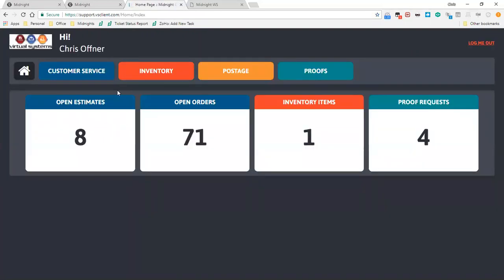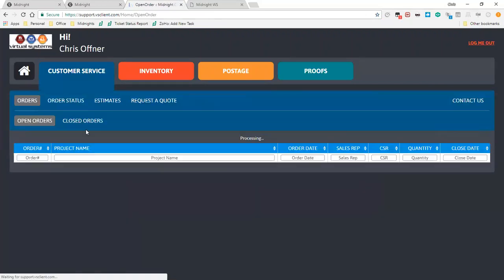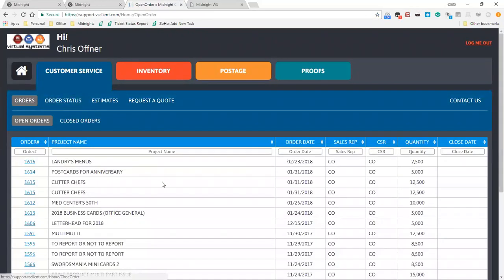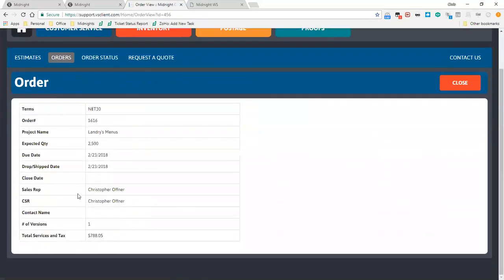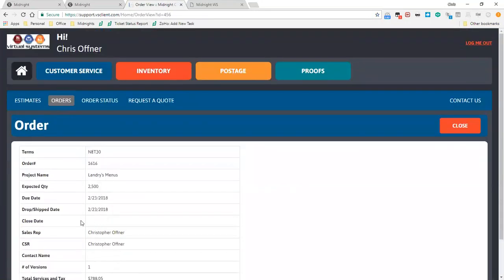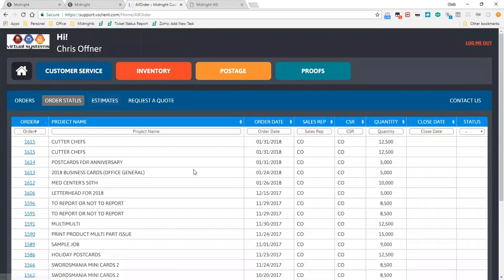Under here, this mobile-friendly view can be used to allow customers to quickly access their customer service core data of estimates and orders, allowing them to see open and closed orders and details on them. They can also look at a quick view of their order status, run operations in a search filter,